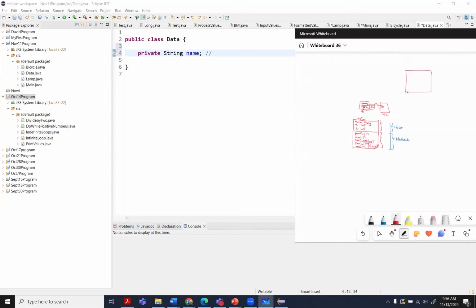Let's suppose you have one house, this is another house, and let's suppose you have a table over here. If you want to access this table inside another house, so if it is H1 and H2, if you make it public, you can access this table from H2 as well. That is public. And default is